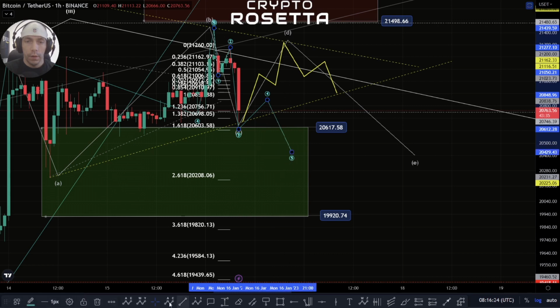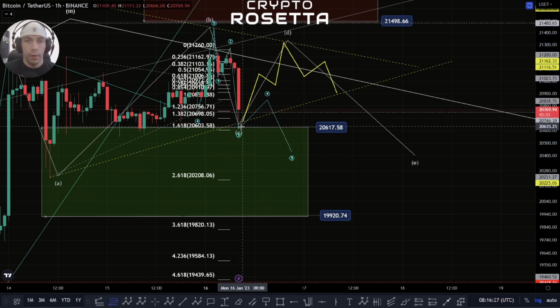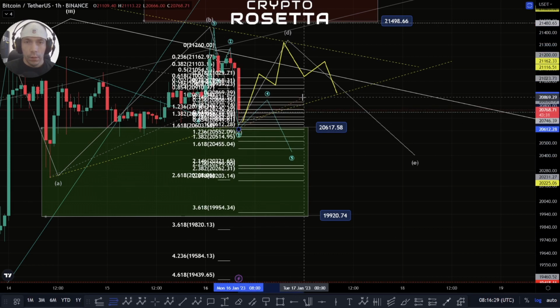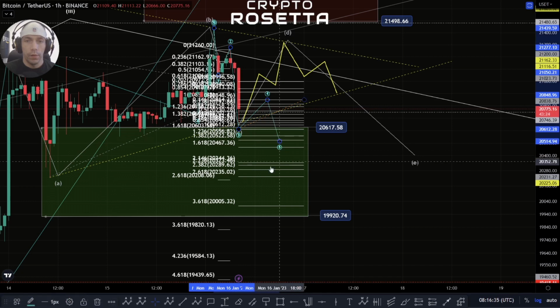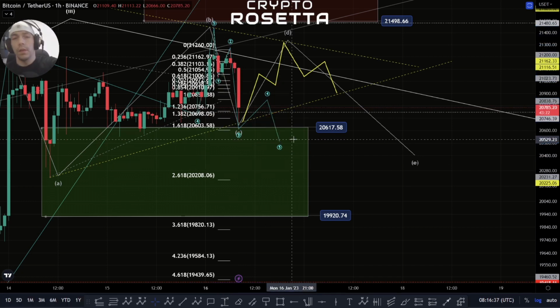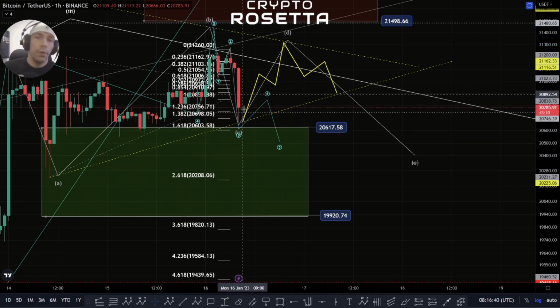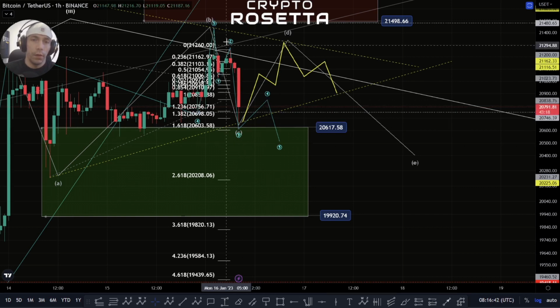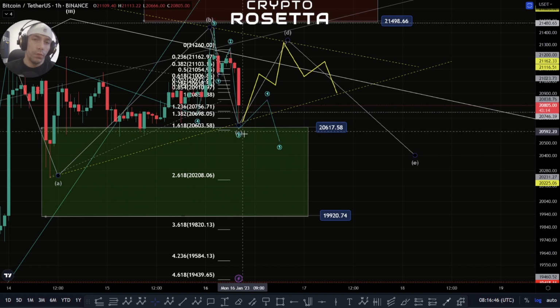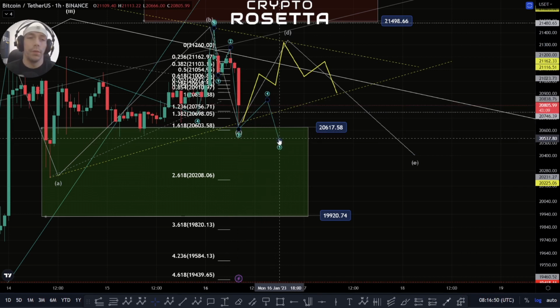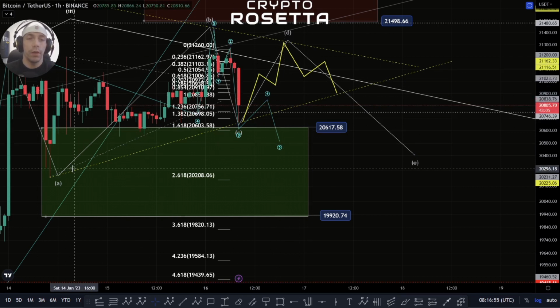Let's have a look. Potentially down here towards this zone of this 20,556 to this 20,467. So this is depending exactly how deep this comes. If we get extensions within this wave, it will actually skew this and will actually come down deeper. So if we do get this come down to that 1.618 zone, then we'd be looking for that additional fourth and fifth wave, and then looking to see if we can still form a bigger triangular structure here, where this